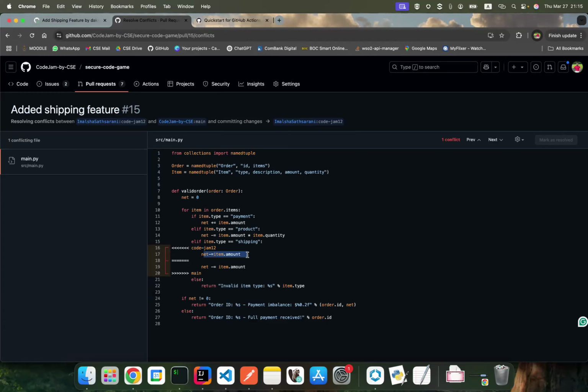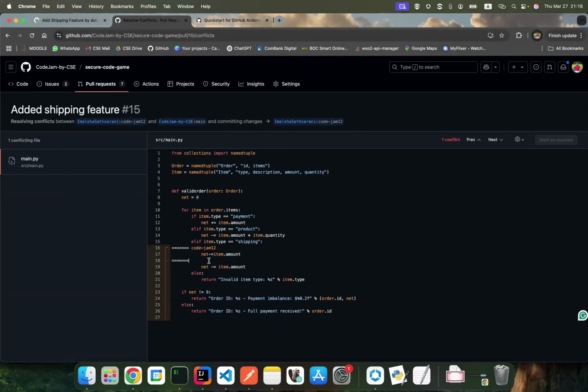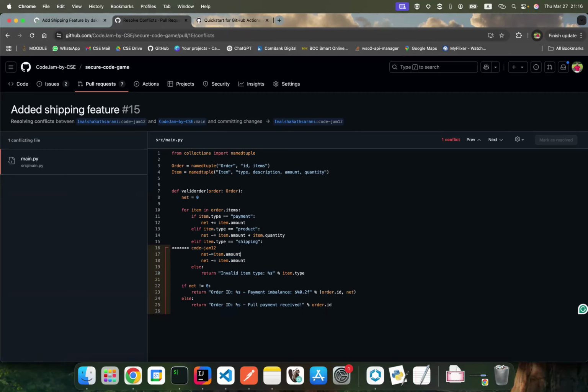This is not a best practice, because when you are assigning or doing these kinds of operations, it's always good to make spaces between them. So this is the correct way to do it, and you can make the changes inline here.